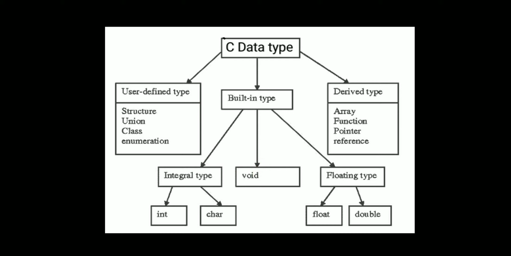First, data types can be categorized into three main points: built-in data types, derived data types, and user-defined data types. You only concentrate on built-in data types. Those are int, char, float, and double. Another one is there, that is void. This is the one and only non-specific data type. It does not return anything, that is void.